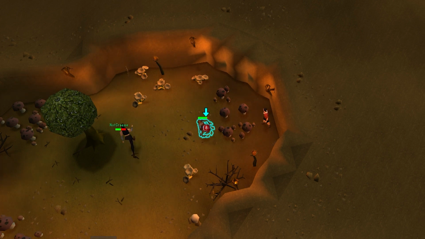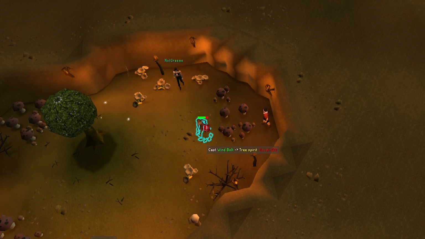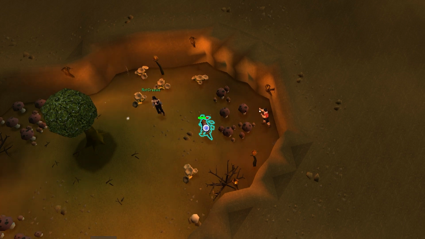With the boss summoned and stuck on some mushrooms, it's time to manual cast Wind Bolt until this thing dies. I would have preferred to use the Crumble Undead spell since it works on this for some reason, but we don't have the magic level for that, so...